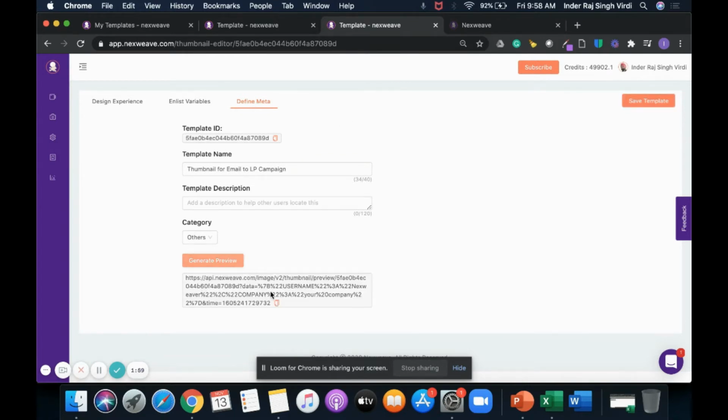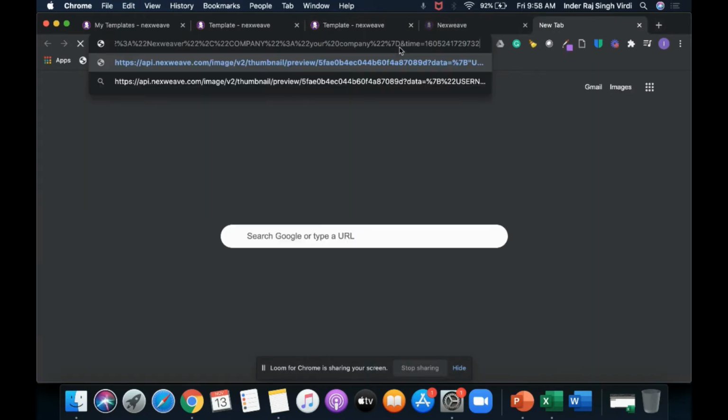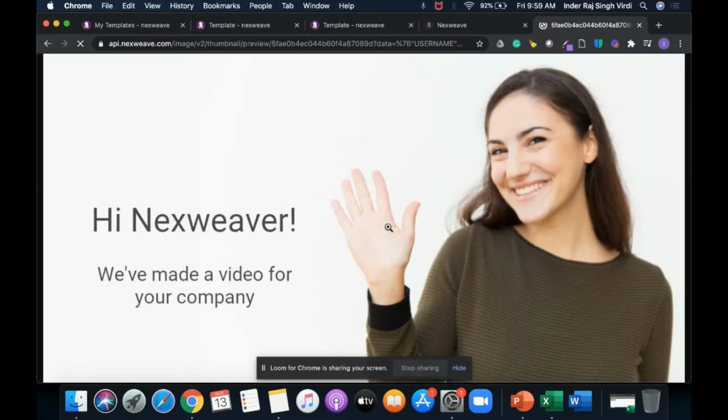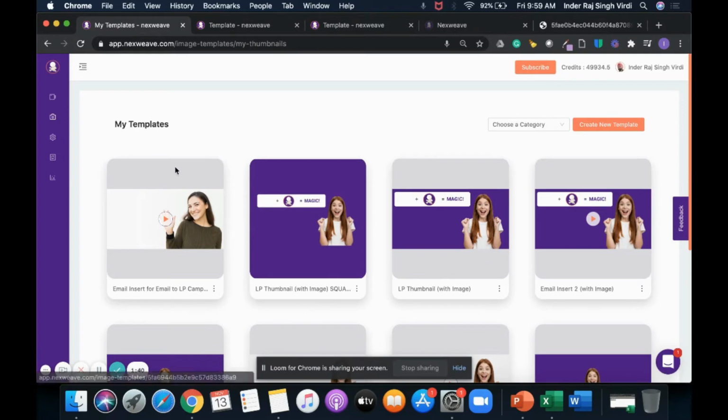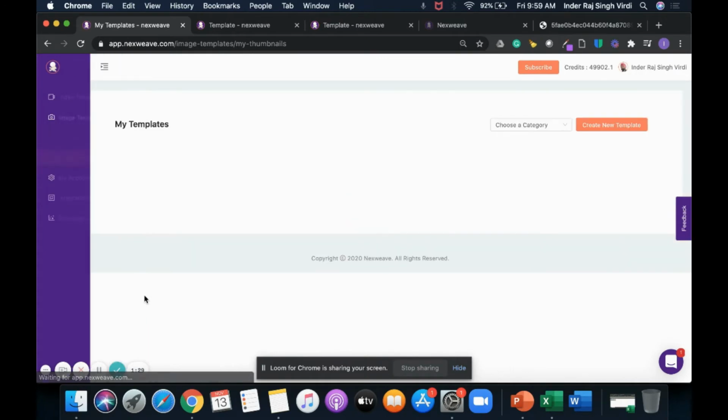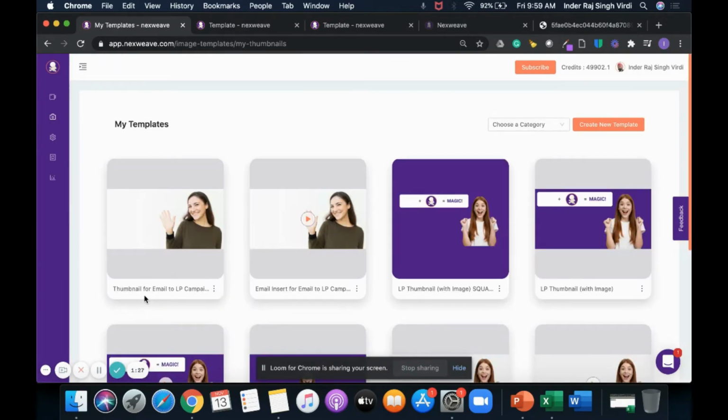Now if I create a preview, I can copy this and see how this appears. So this image now does not have the play icon. So once you have the three elements ready, now if I refresh this particular page, I will have the email insert image as well as the thumbnail image, which you will very soon see. Here you go. So now all the assets are available for creating the campaign.